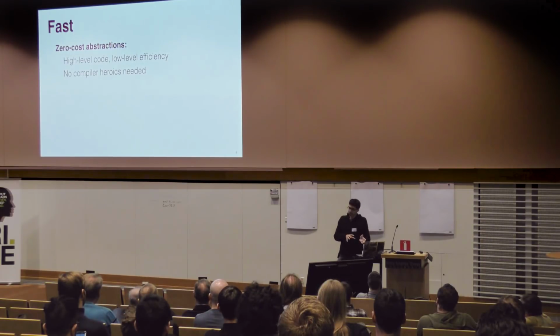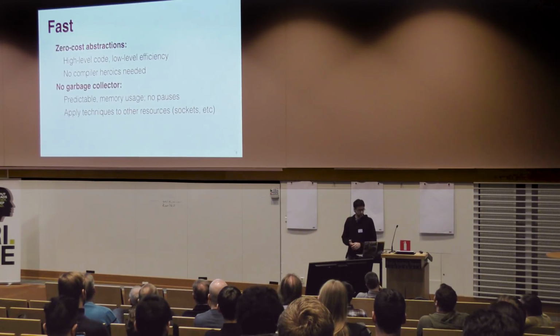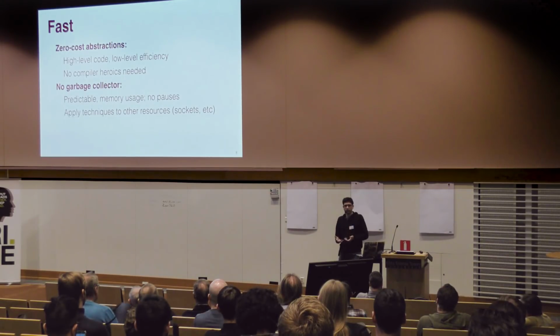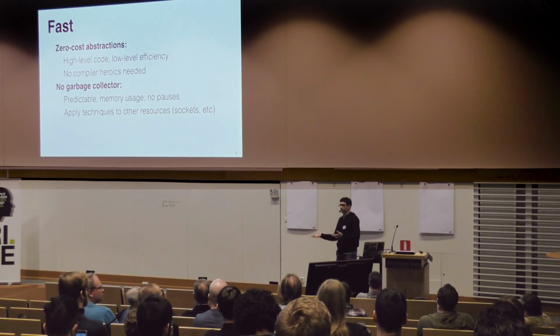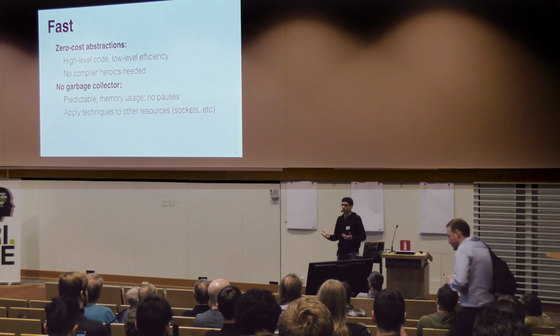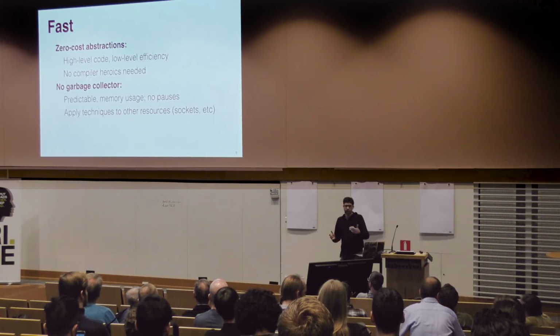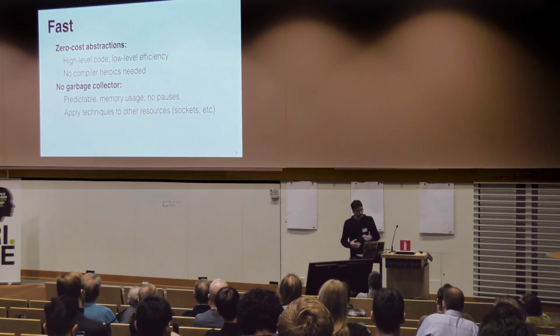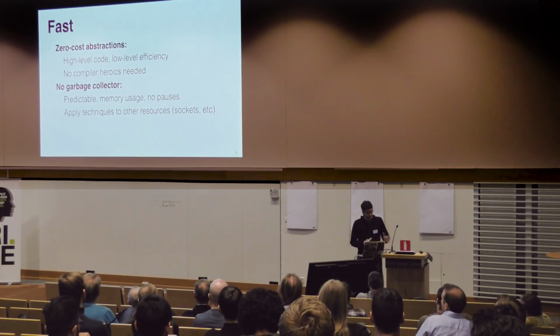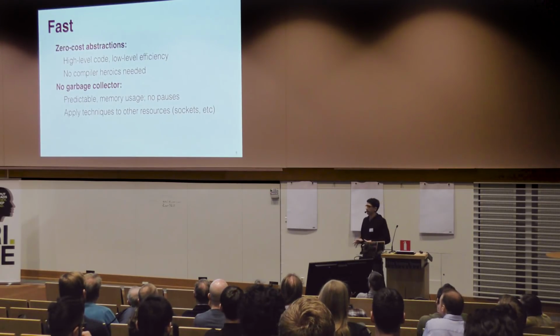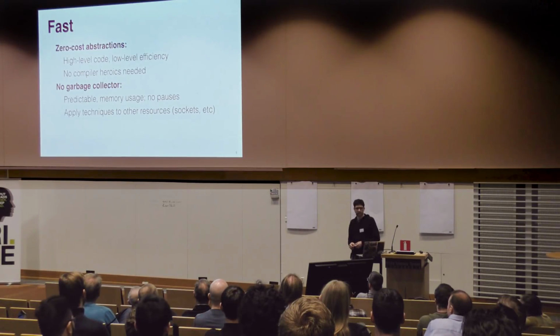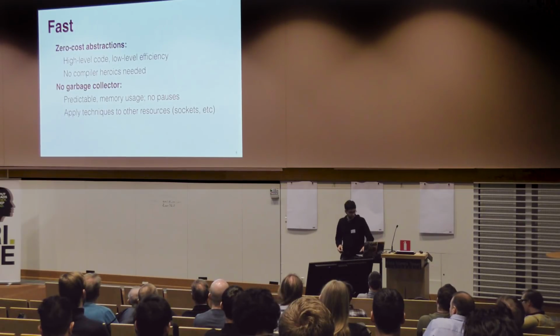The problem is in C++, if you're wrong, you end up with a crash or something else, and that's where the safety guarantees come in, right? But we also mean stuff like not having a garbage collector, because despite all the work that's gone in, there are still a lot of problems around garbage collection in practice, especially in big servers or areas where memory is a problem. You can wind up consuming a lot more memory. You can wind up with surprising pauses when you don't want them, that sort of thing. So we'd like to find a way to not have those problems. And we'd also like to be able to manage other kinds of resources besides memory, like sockets. We'll see some examples where we take advantage of that.